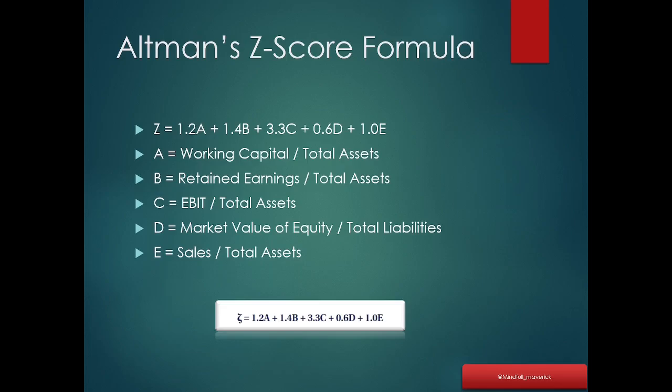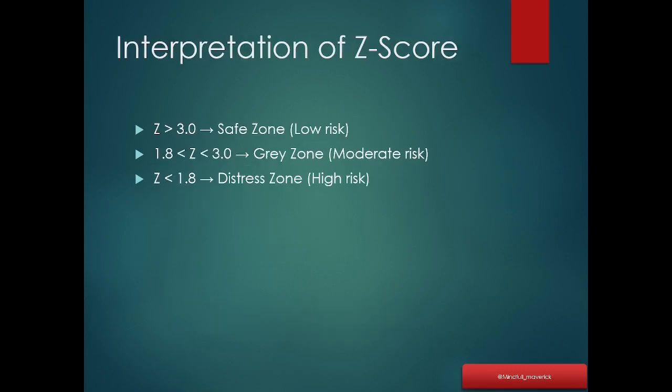There are 5 variables in the Altman Z-score model. Initially, Altman introduced 21 variables in the model, but over the period of time, he analyzed that to simplify this, he should be more precise and more accurate. उन्होंने सिर्फ ये 5 financial ratios रखे हैं with different weightages to assess the financial health of a company. You can see the equation on the screen, right? So there are 5 variables, or you can say 5 financial ratios with different weightages, which are used to assess and analyze the bankruptcy risk of a company, right?